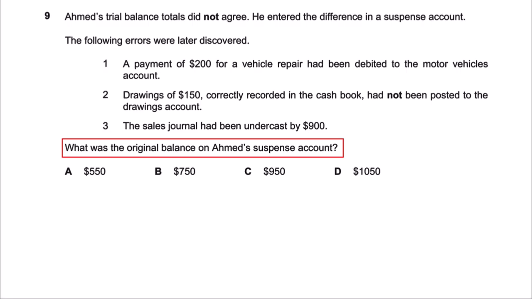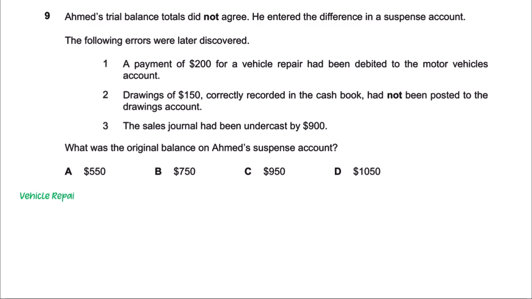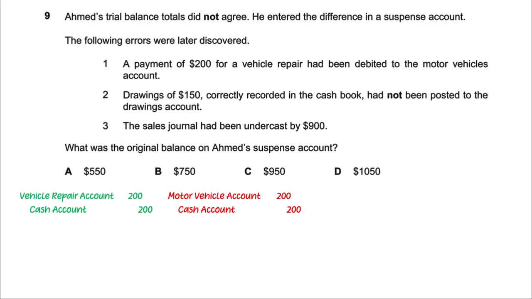Error number 1 is written, a payment of $200 for a vehicle repair had been debited to the motor vehicles account. The correct entry should have been debit the vehicle repair account by $200 and credit the cash account by $200. But by mistake, the motor vehicles account was debited by $200 and the cash account was correctly credited by $200. To rectify, we will debit the vehicle repair account by $200 and credit the motor vehicle account, which was